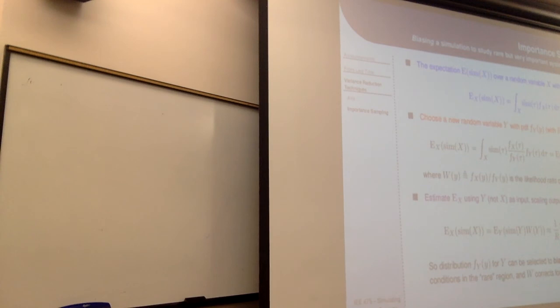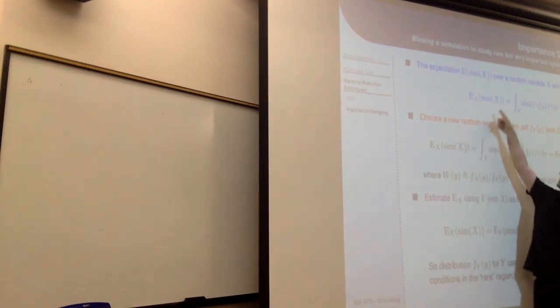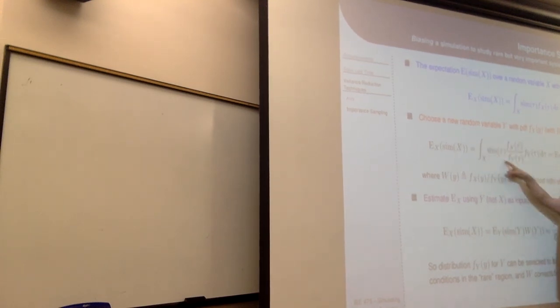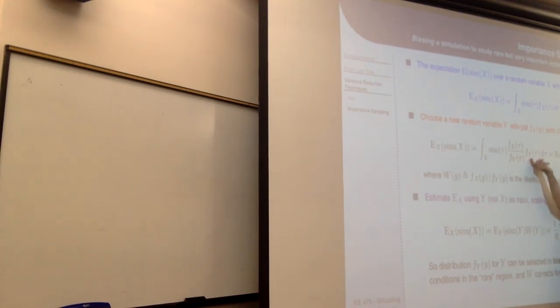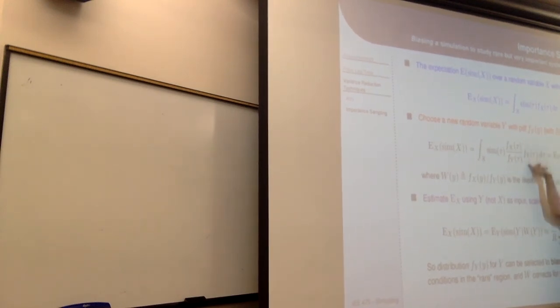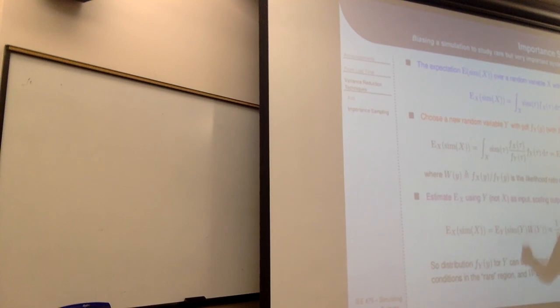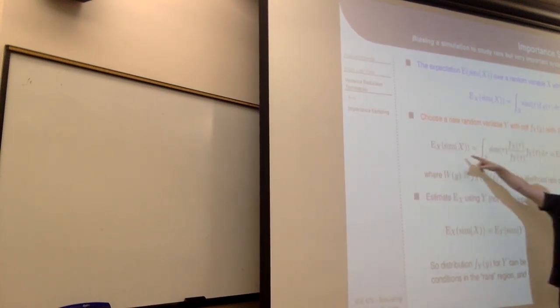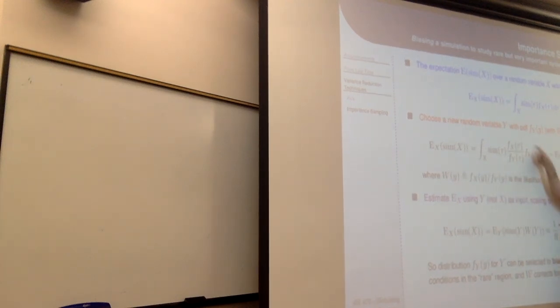And then what I can do is insert it. I take that same function there, which had an f of x here, so I'm going to effectively divide out and insert my f of y. This is identical to the expression above, but I've now introduced a new distribution, the distribution of the terrible events. I've just added it in there, and this is still equivalent, but I've now had the opportunity to add it in.